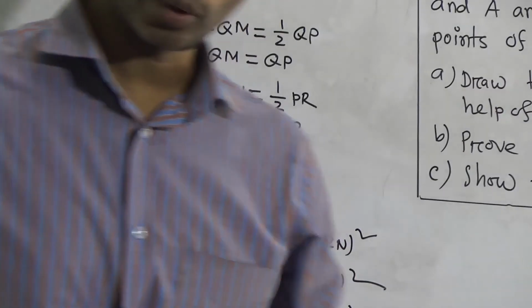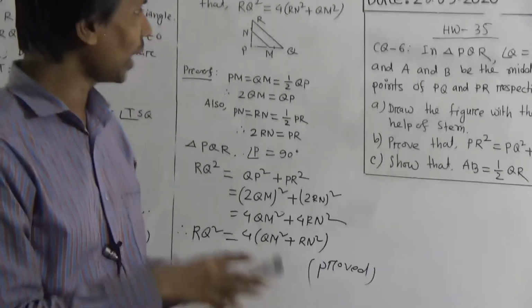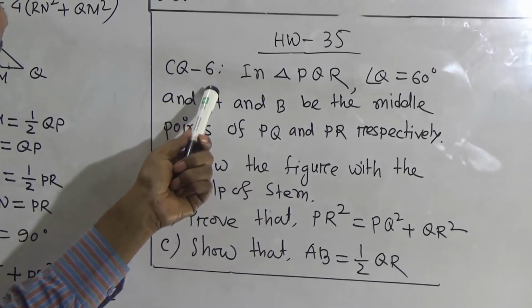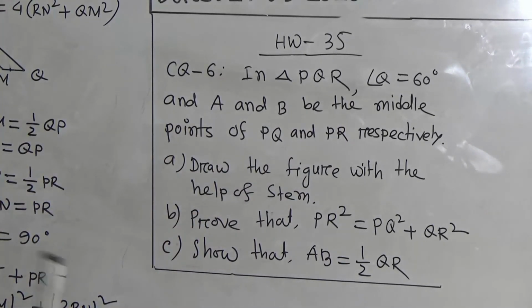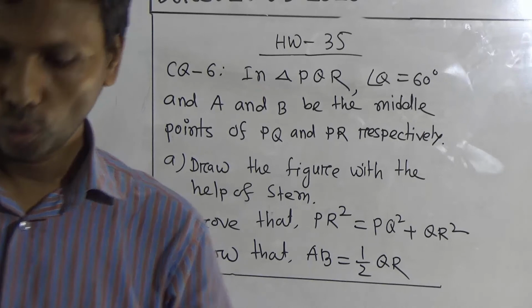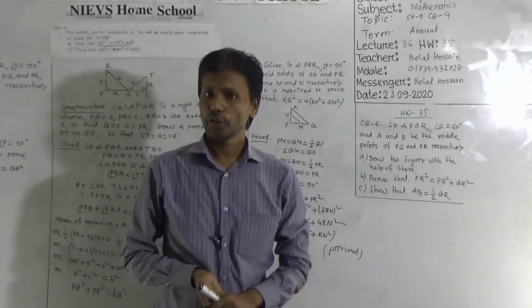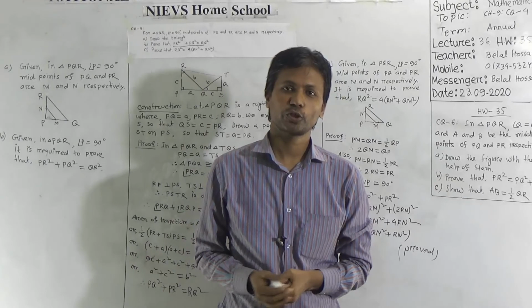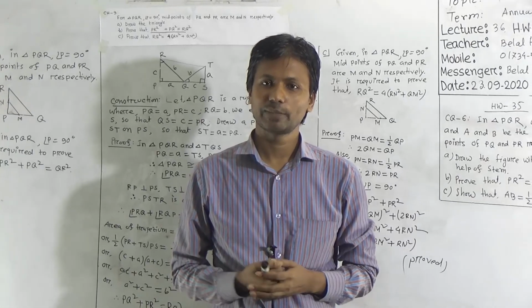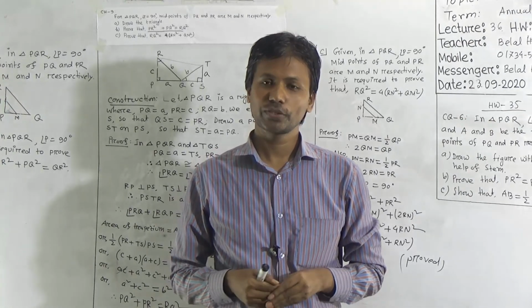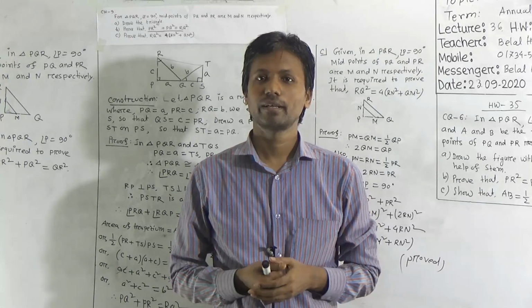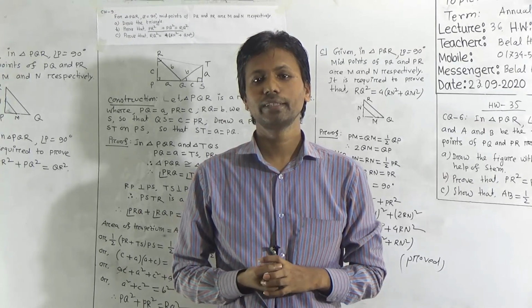Dear student, I hope you understood. Now I want to talk with you about our SW topic. SW number 35, CQ number 6. This CQ is similar to today's CQ. You try to solve this. Your assigned SW is very important, because on the basis of submission of your SW copy, you will get your CT marks, DI marks and SBA marks. You have to submit all of your SW copies every Sunday within 8 AM to 4 PM, and collect them next Sunday. Guardians or anyone else can collect or submit these SW copies.